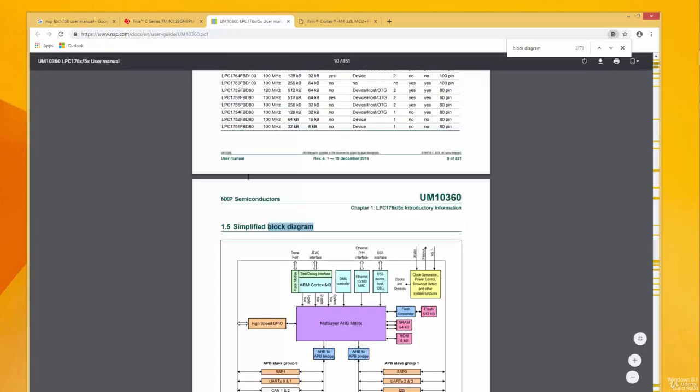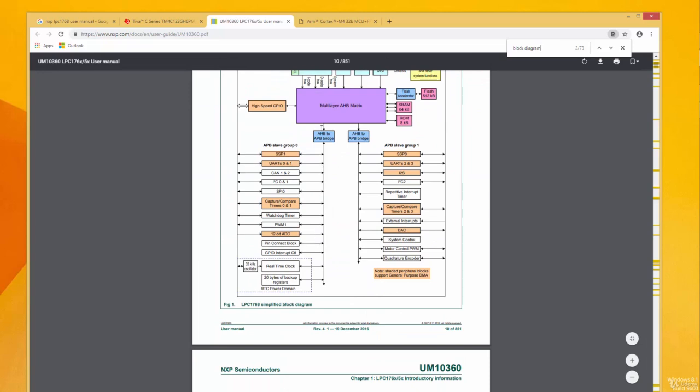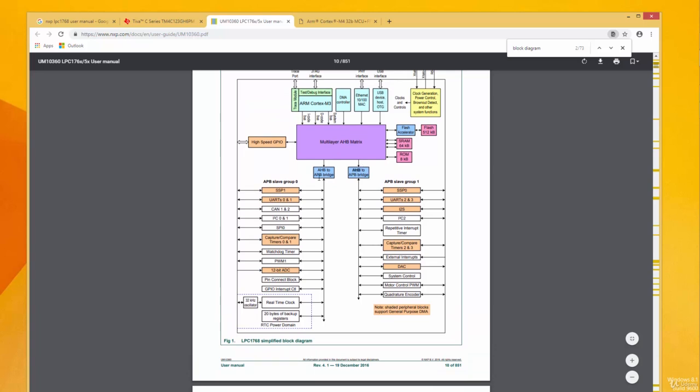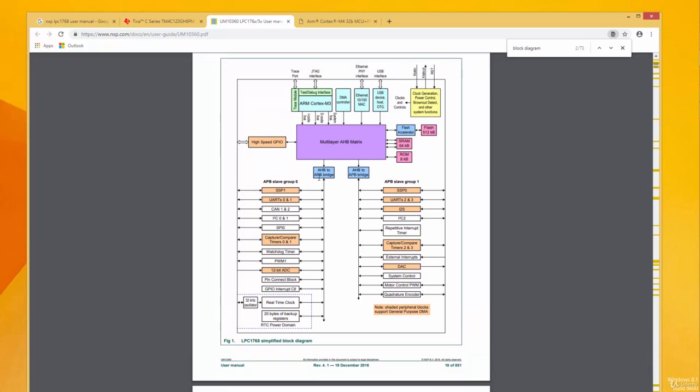Right. So, okay, we've got this. It says simplified block diagram. And as you can see, we've got the buses here. And this bus comes here. In their system, they've got the multi-layer AHB matrix. So this bus here is an APB matrix, and there's an AHB to APB bridge here. As you can see, all of these peripherals use the APB bus, hence they are called the APB slave group 1. These peripherals use the APB as well, and there's an AHB to APB bridge over here. Right, so these are core Cortex M standards. They exist in all Cortex processors,